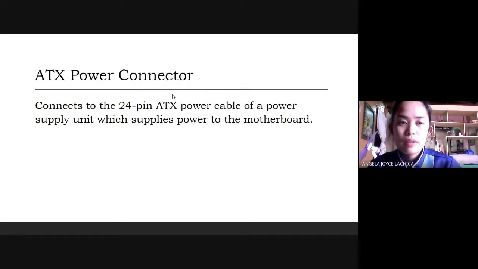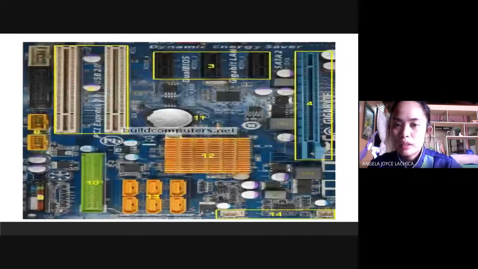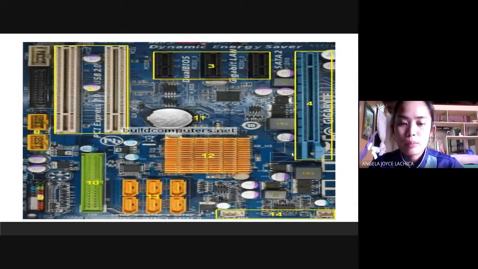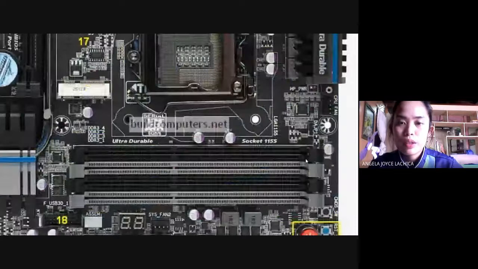The ATX power connector connects to the 24-pin ATX power cable of a power supply unit, which supplies power to the motherboard. Power connector is located ATX power. So let us move on with the